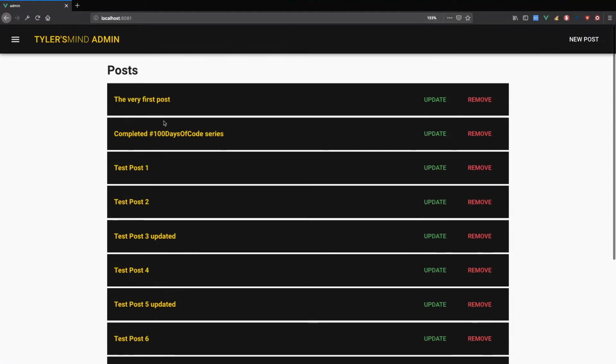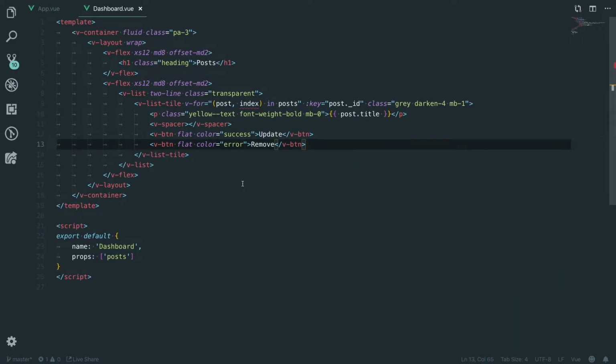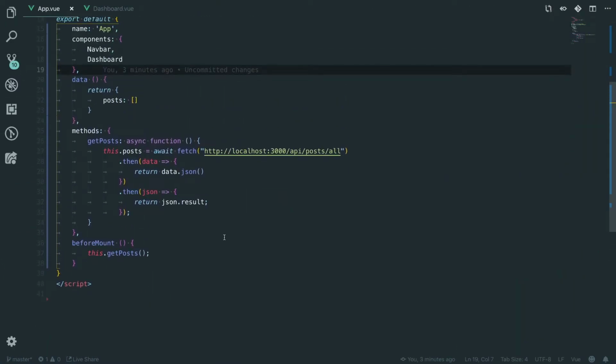So that looks good. But again, we're actually running this the wrong way. As you remember, this is our first post, but this isn't our latest post. We want to see our latest post first. So let's go back to the app view and go down in here. Once we've got our posts, we want to say